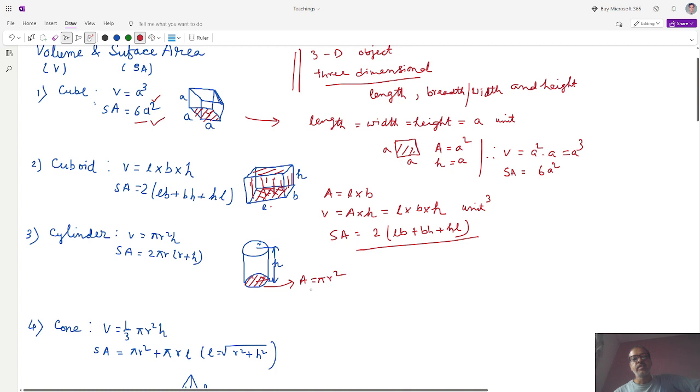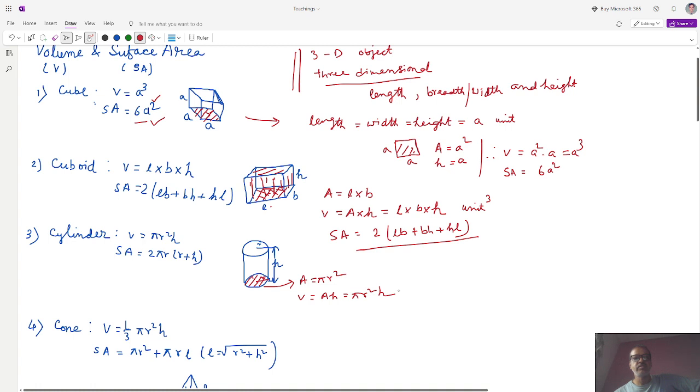If we stack this area one by one, we will get height, then it will form a cylinder. Therefore, the volume of cylinder equals A into H, that is pi r square